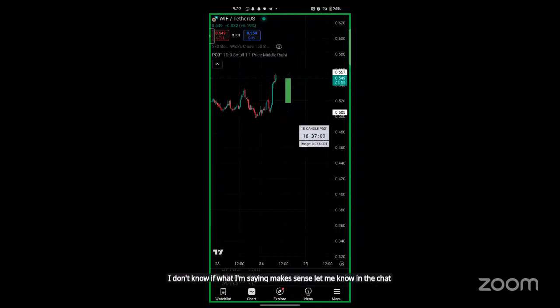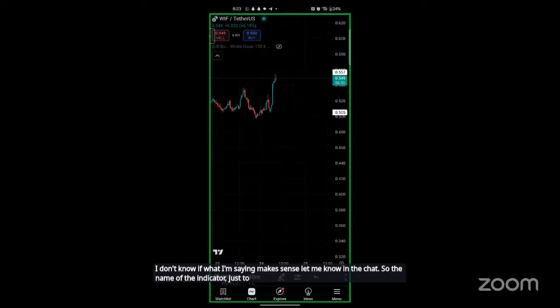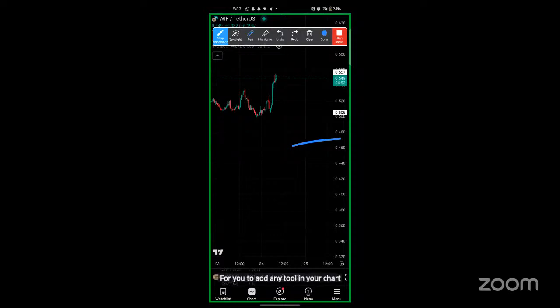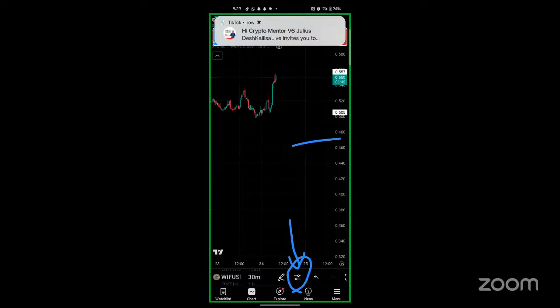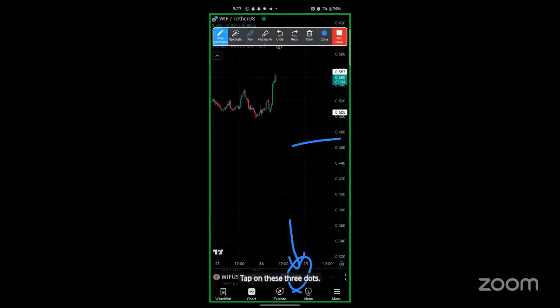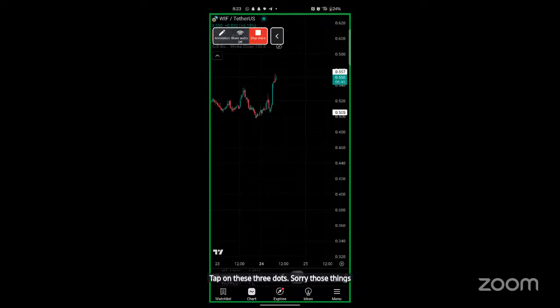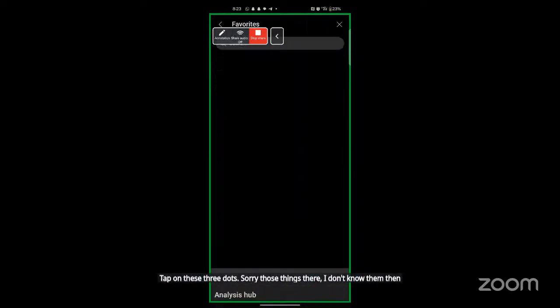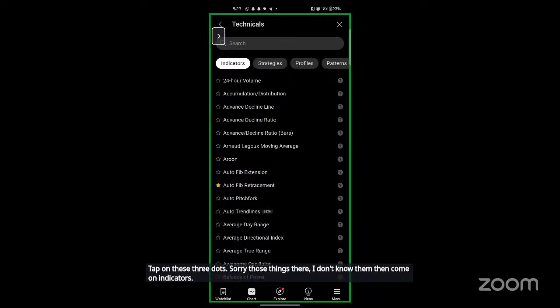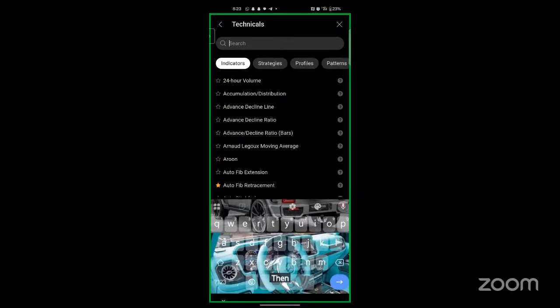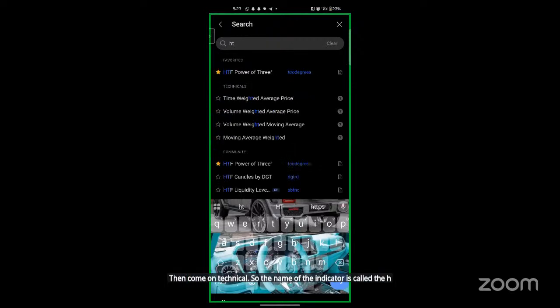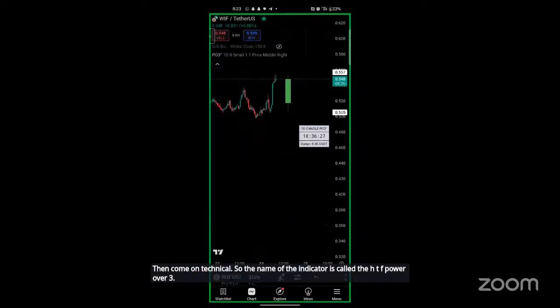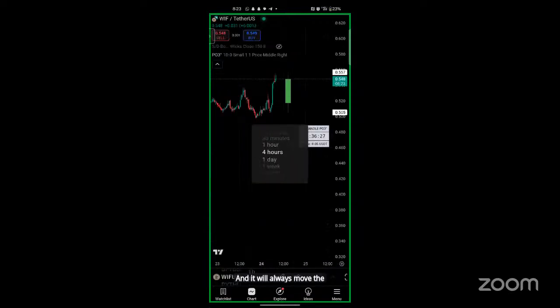So the name of the indicator, just to repeat for you to add any tool in your chart. If you're using a phone like me, tap on these 3 dots. Sorry, those things there, I don't know them. Then come on indicators. Then come on technical. So the name of the indicator is called the HTF power of 3. And it will always move the 1-day candle